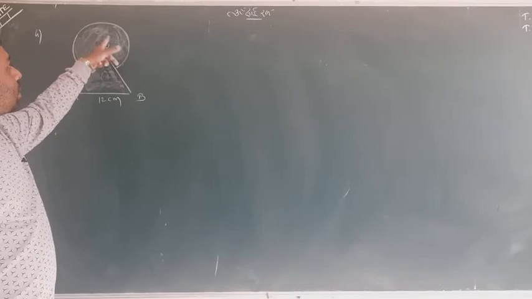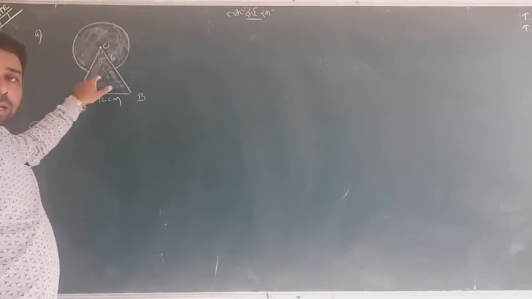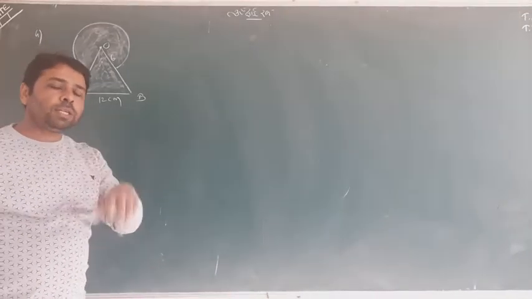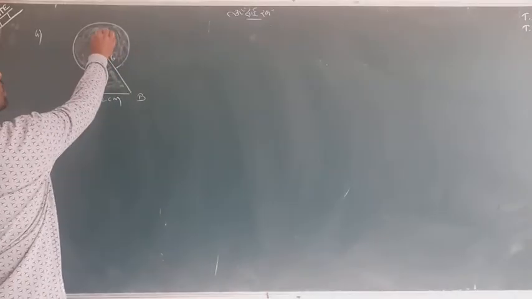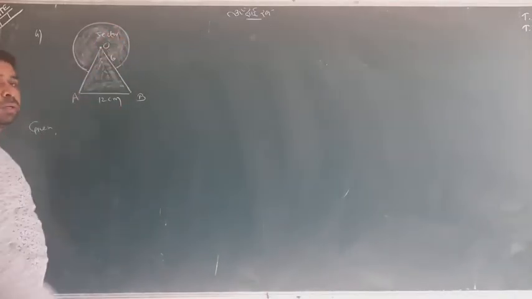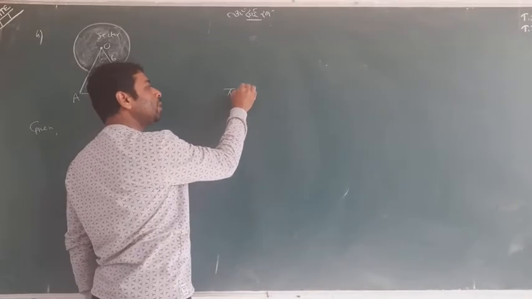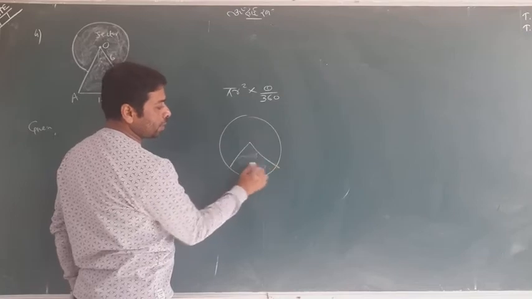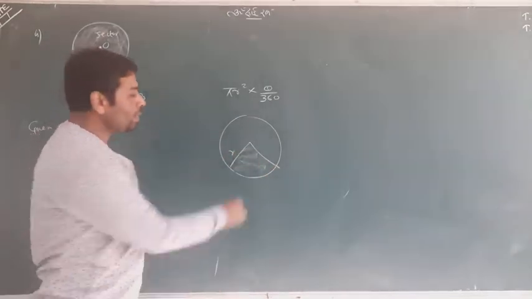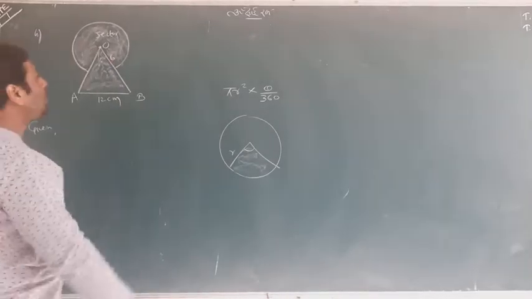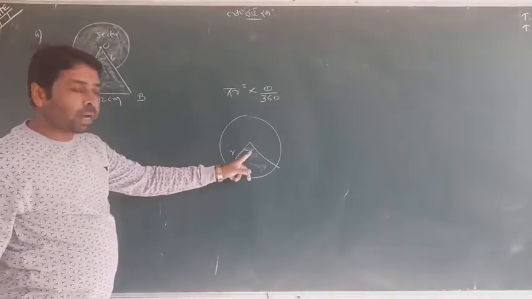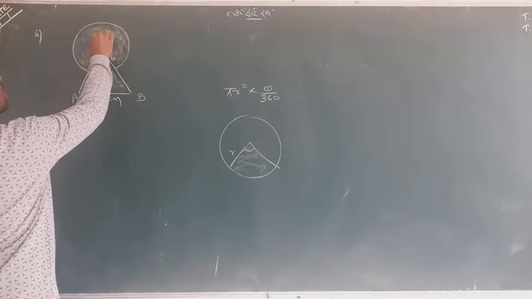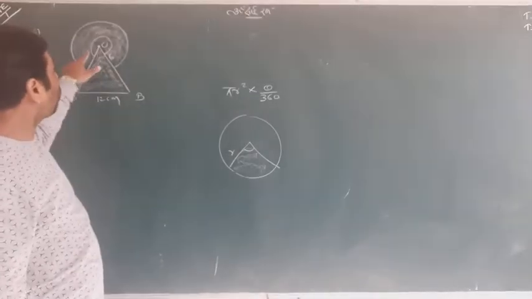This is a sector, this is a triangle, and we know the area of both figures. So one thing I want to share with you is how we can find the sector. We need the formula pi r squared theta upon 360. It is the area of the sector whose radius is given and angle is given. So what do you think? The central angle must be given. If you focus on that sector, the central angle is this one, because we want to find this area.